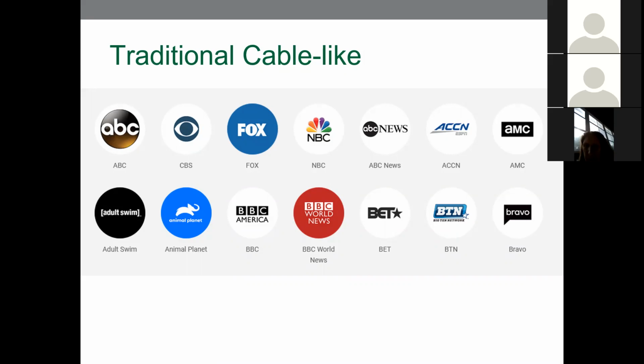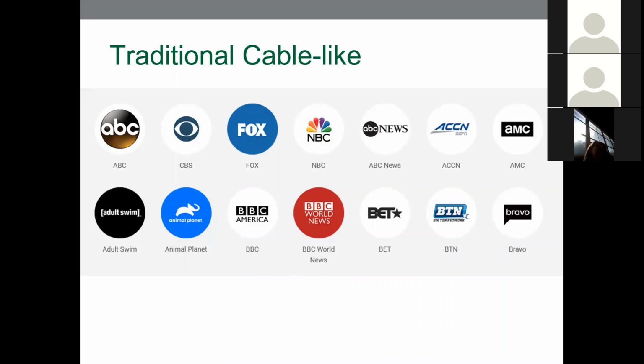And they are similar to streaming services in the fact that they go through your internet connection and onto your device, usually via some type of app or something like that. And you still get the channel experience. You still get the experience of being able to watch shows live. You still get the experience of watching local channels and sports channels. And these are available, but they're in a package that tends to be a little more straightforward than cable.